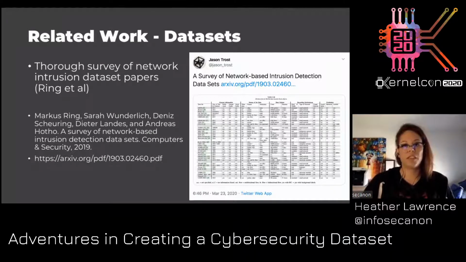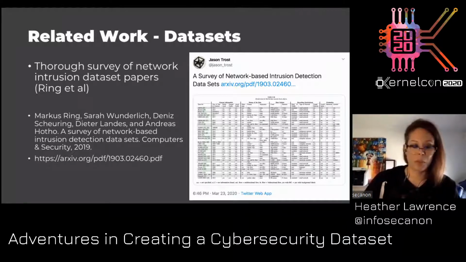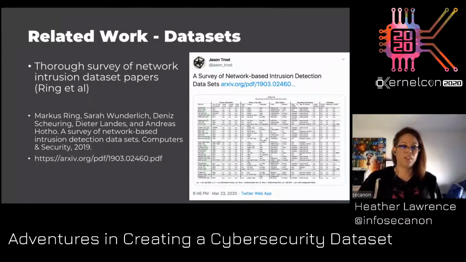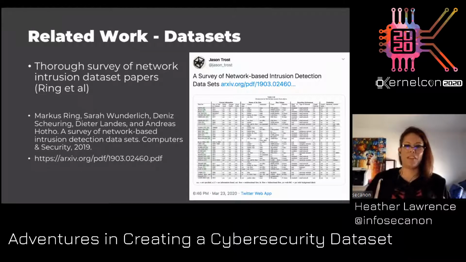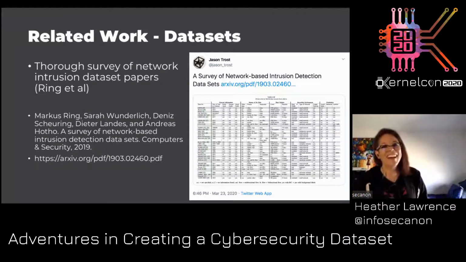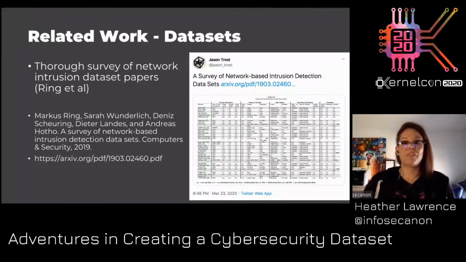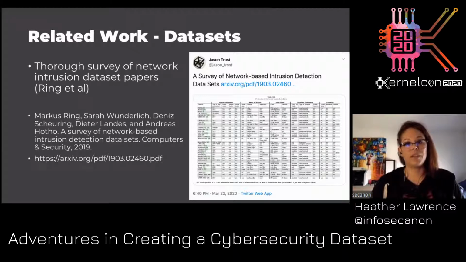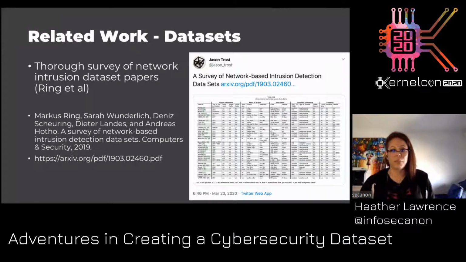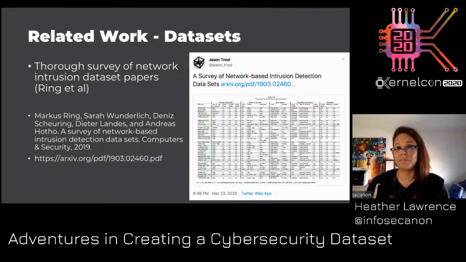And this is a survey that, it's funny, I was on Twitter, and Jason Trost was like, hey, look at this survey of great network-based intrusion data sets. And I was like, I know that paper because I'm using that paper. A lot of the data that I've mentioned up to now is listed in this paper, and they do compare some of the pros and cons to using each one.